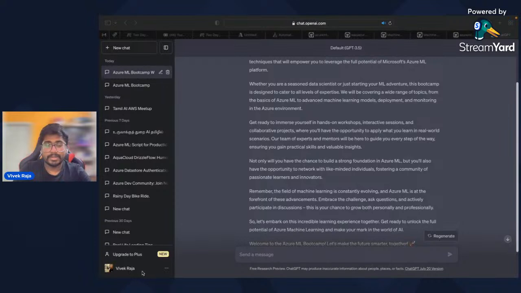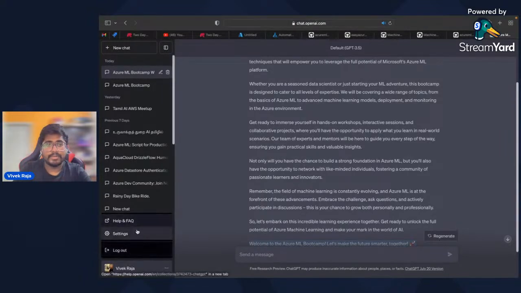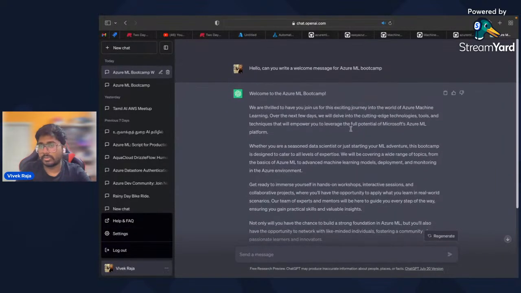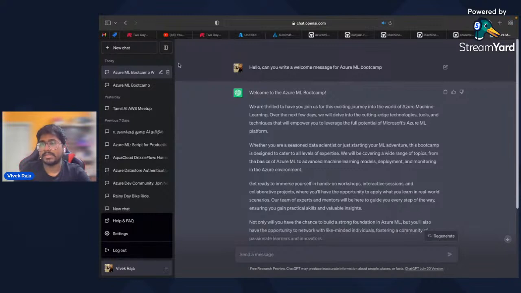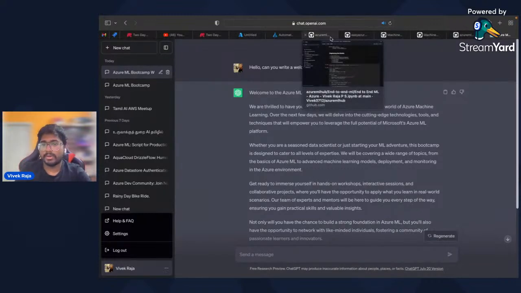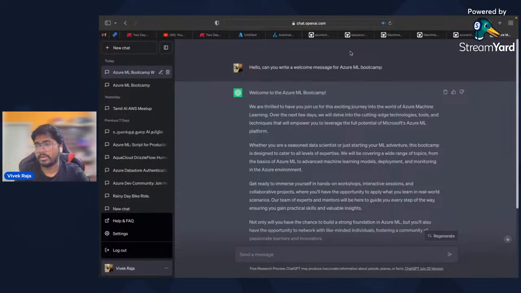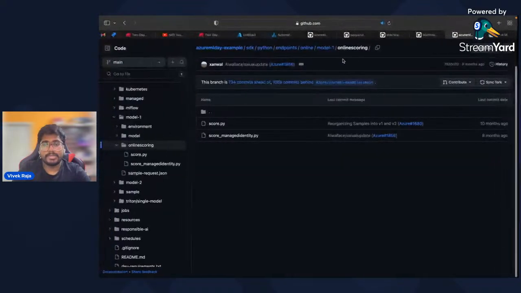ChatGPT also offers something where you can access it completely as an API. If this is a GUI model, you can access it via API as well. So OpenAI, ChatGPT APIs are available. That's an API model where you really send a request, using Postman, curl, or whatever, or from your Node.js application or any request-response application. So now going back to our presentation.